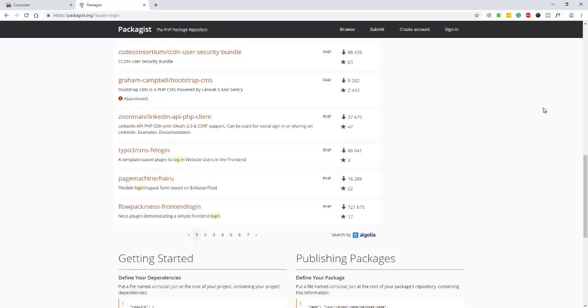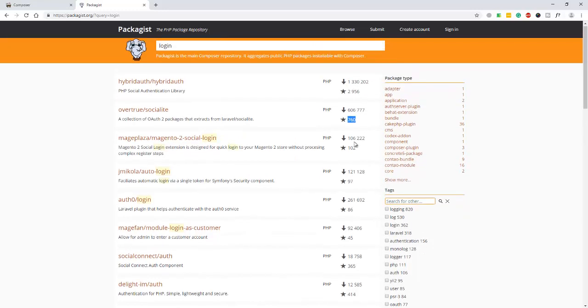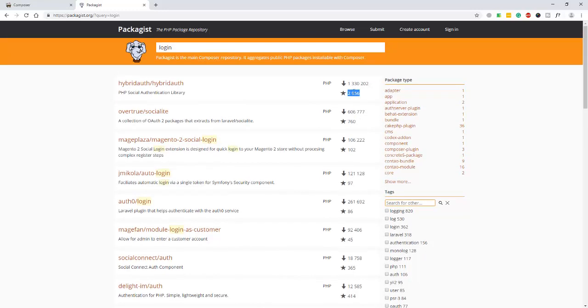Then we have the ratings here and the count of how many people have downloaded them, and you can download the best with the rating. Here you can see the download counts, such as 18,758 downloads here. So if I go to the first one, or any other, just for example, if we click on the first one,